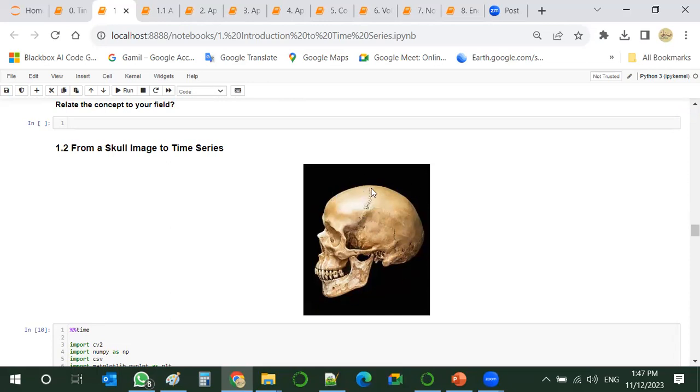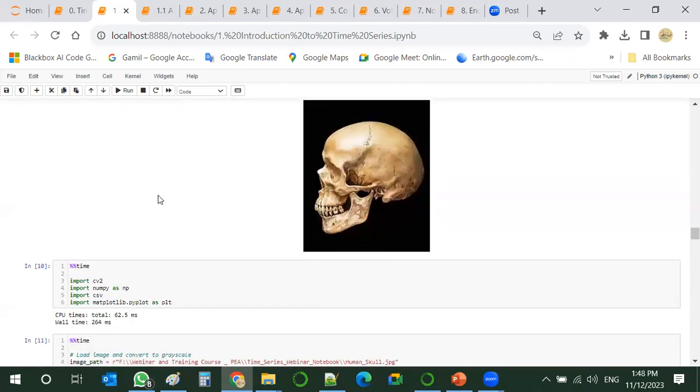Can we see this skull information in a different format? Answer is yes. So we can change the way of perceiving the information.